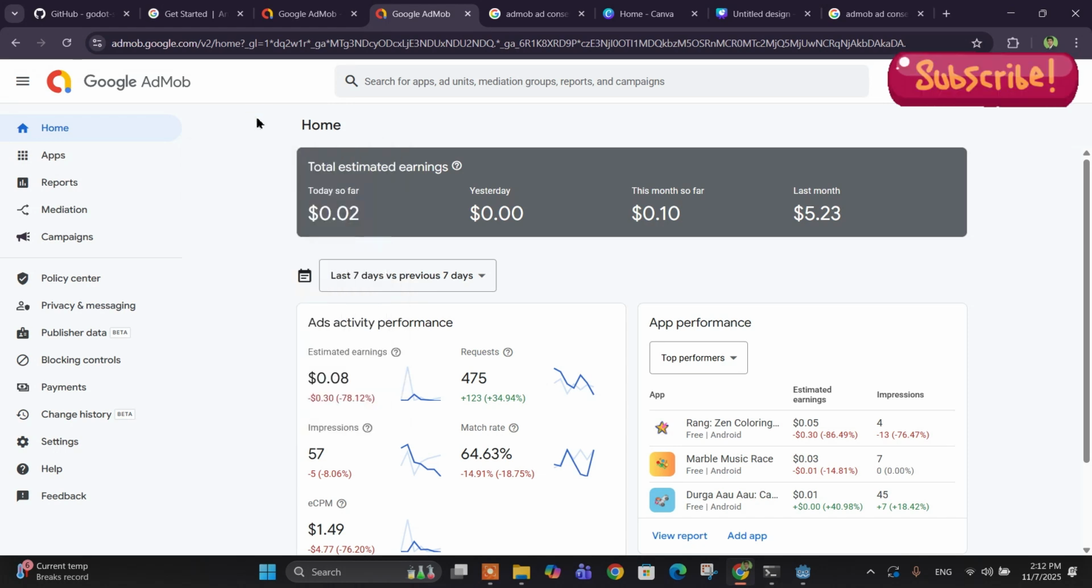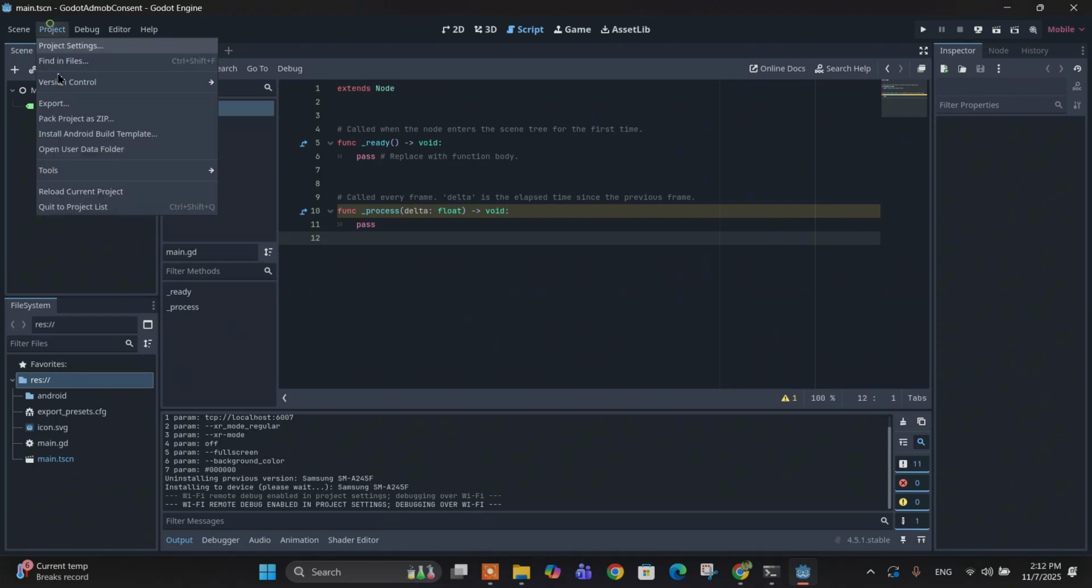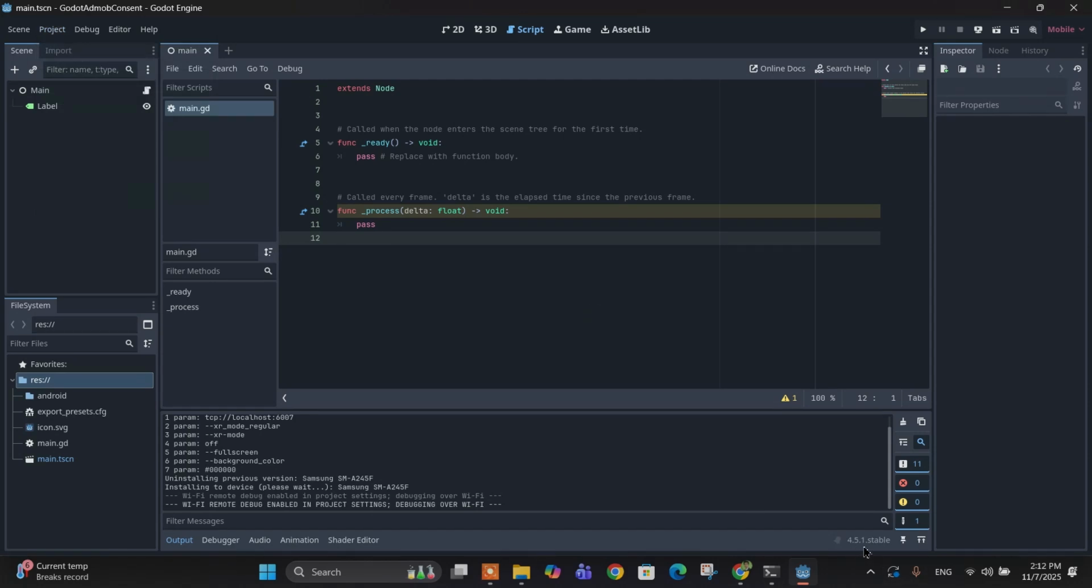And let's go back to our project then. So if we have made our message, let's go back to our project. So this is the project that I just created. I have installed the Android build template here. Okay, the latest one. So I'm using the Godot version 4.5.1. Make sure it's the latest one